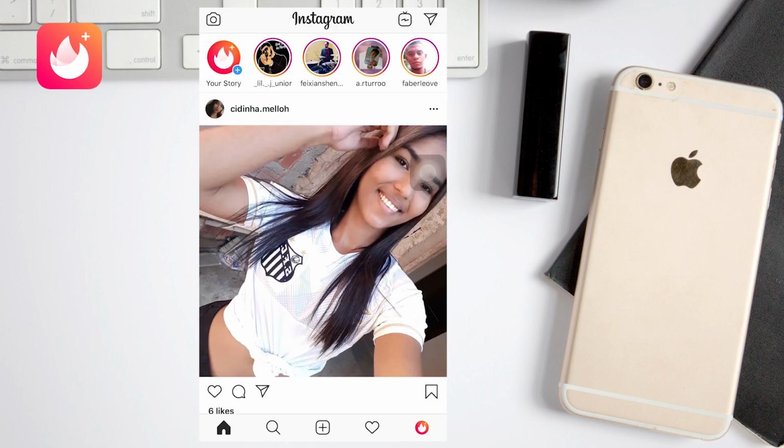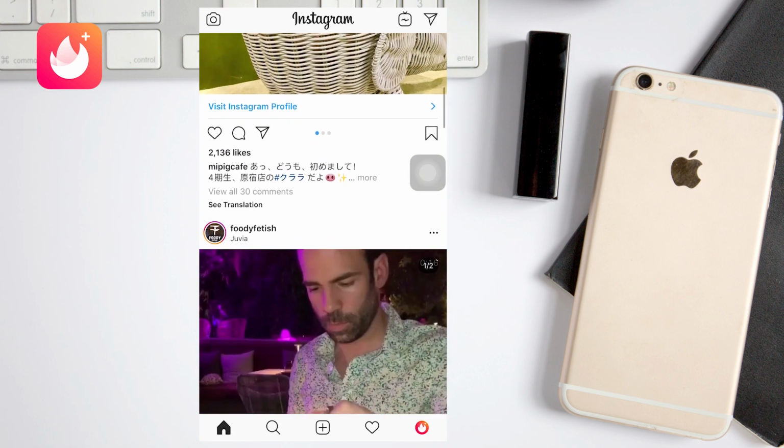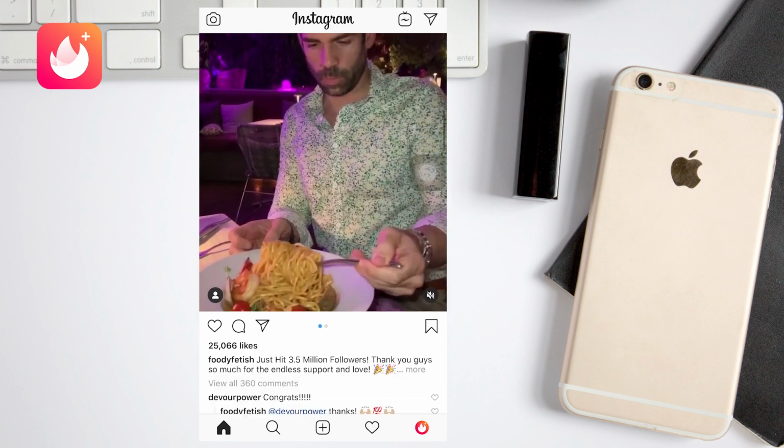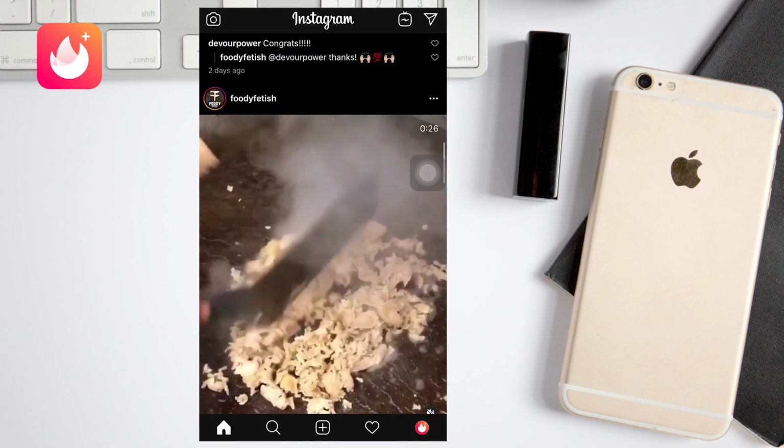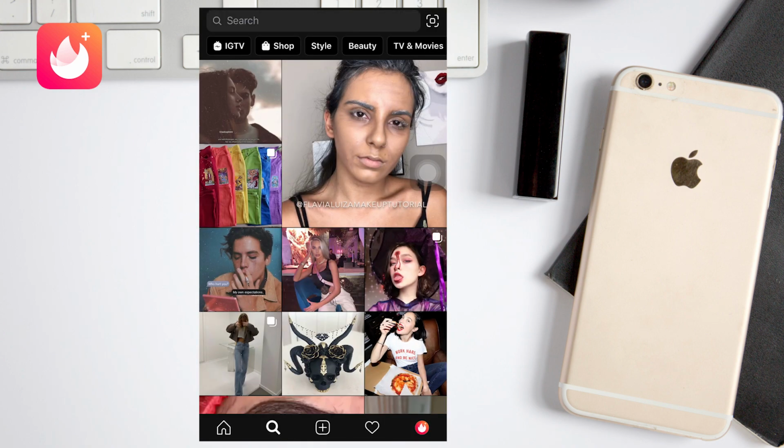Instagram has just updated its app so that it can leverage the new native dark mode. What you need to do is just turn on the dark mode and then everything's black. Instagram will auto adjust to dark mode.